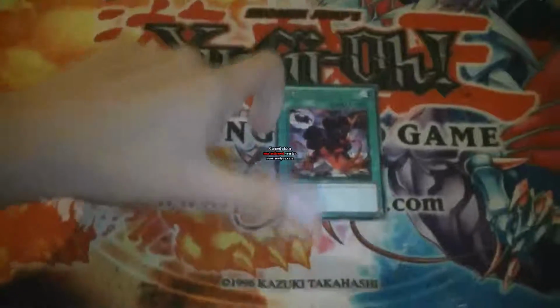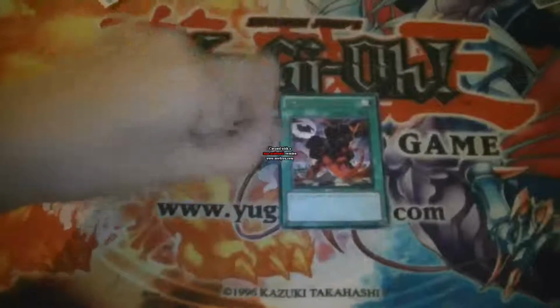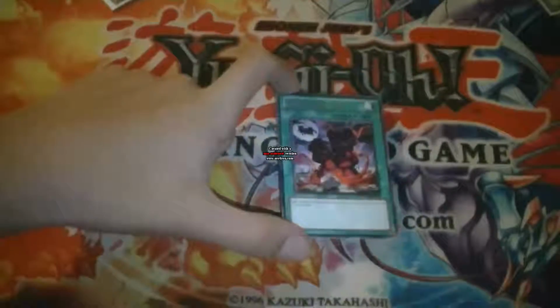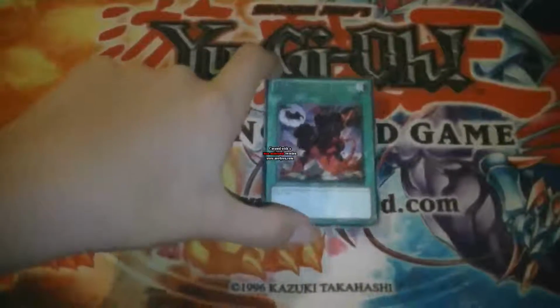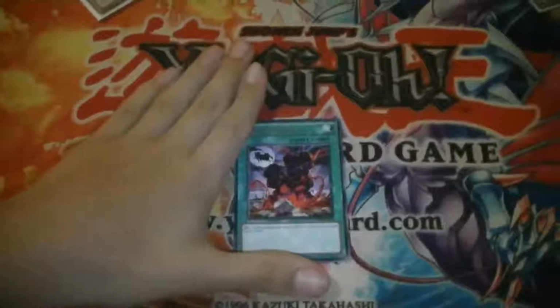You'll notice that Tour Guide, Sangan, Mystic Tomato, Armageddon Knight, and Inzektor Dragonfly are all under 1500. So is Inzektor Hornet, but I don't see why you'd want to add that to your hand. Basically, what you do is, you have something in your graveyard that you want to add to your hand, and you play Dark Eruption to